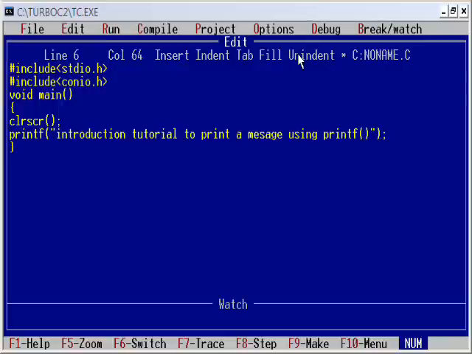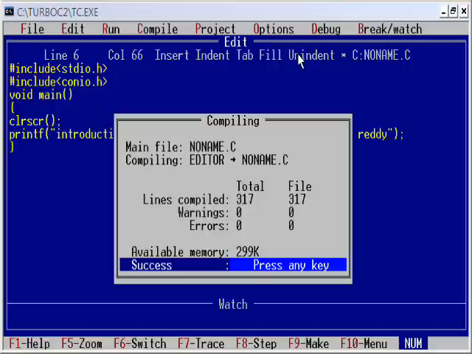In a similar way, we can print any kind of message, not just this. You can print whatever it might be. You can erase this and write your name also, mine. So compile it.